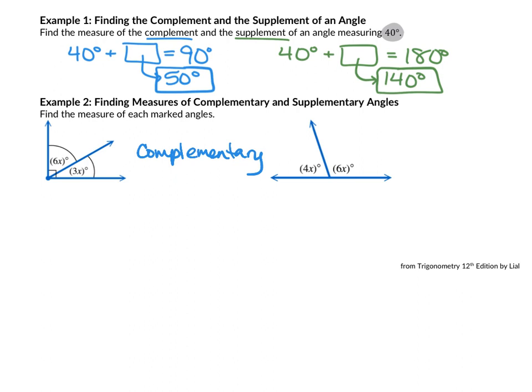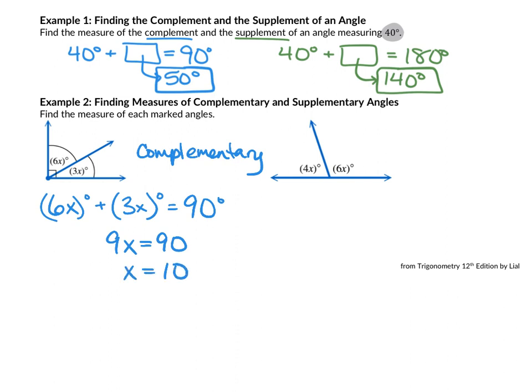But since we know it's complementary, that means the two angles, 6x degrees and 3x degrees, should add up to how many degrees? 90 degrees. Now when we're solving this, we can lose the degrees symbol for a second as long as by the end you put it back. So if we combine like terms, that's going to be 9x equal to 90, or x is equal to 10,